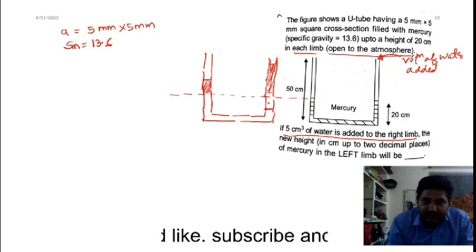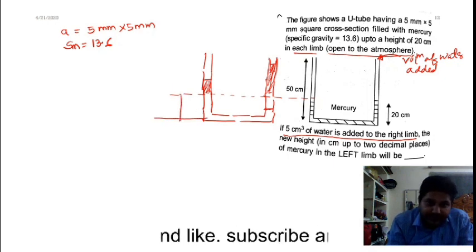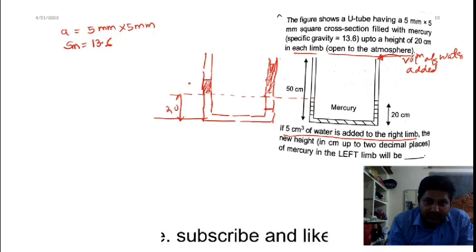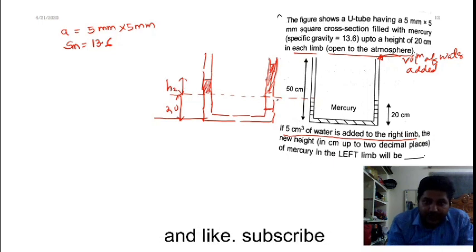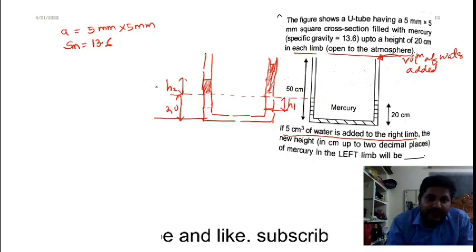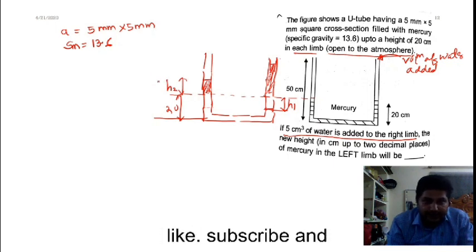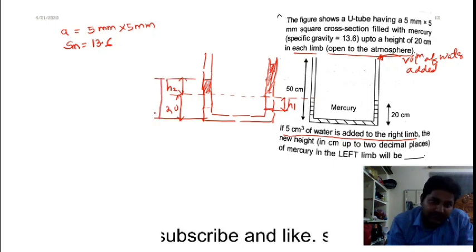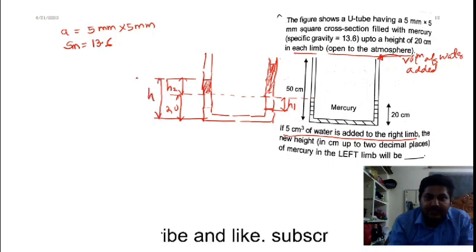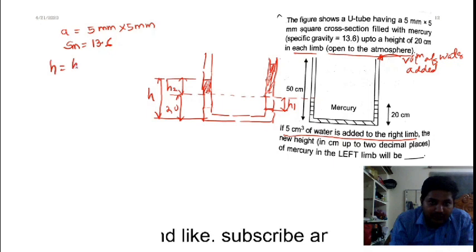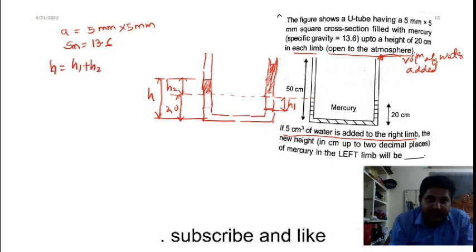Okay. So now we have to find out what is the new height. This we have already found out is 20 centimeter. Okay, this is 20, and we have to find out what is this height. Suppose this is h2, and this height which fell right over here is h1. So now you have to find out this height. Suppose I am taking this one as capital H. So I can write down this capital H will be equal to H1 plus H2.